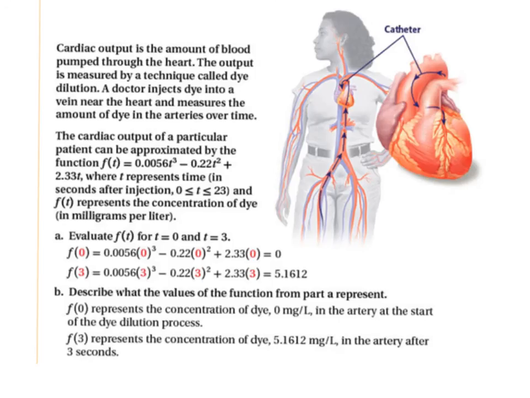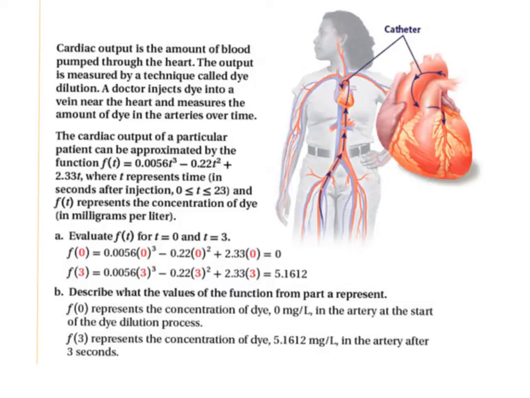Here's an example. The cardiac output is the amount of blood pumped through the heart. The output is measured by a technique called dye dilution. A doctor injects dye into the vein near the heart and measures the amount of dye in the arteries over